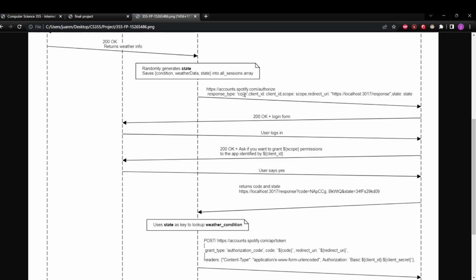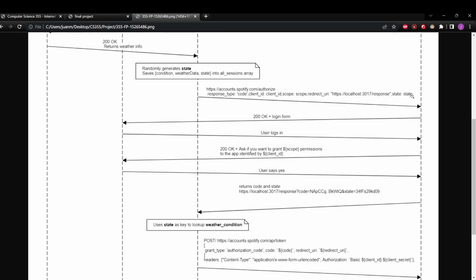The response type is code because we want a code back. Client ID is the client ID of the app that you made on Spotify. Scope is the permissions. I had a bunch of scopes that I got in from there. The redirect URI is like where it'll take us back to eventually after we're done with this. And it also